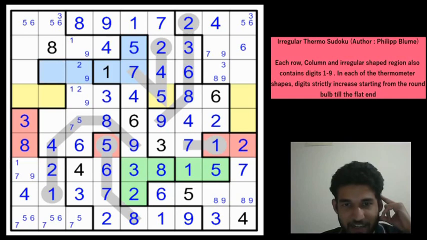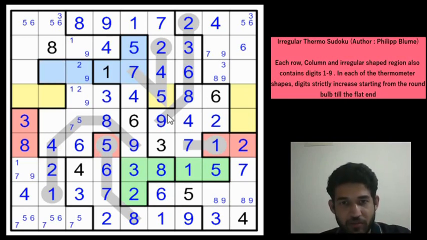Similarly, exactly, the grid is symmetric if you see. So the yellow cells must be equal to the blue cells. So I think this should help us now. Okay, it is helping us because you need to place a 7 in the yellow cells, right? This cannot be a 7 and these two cells can't contain a 7. So 7 must be in one of these 2 cells. So we can just denote the 7 there.